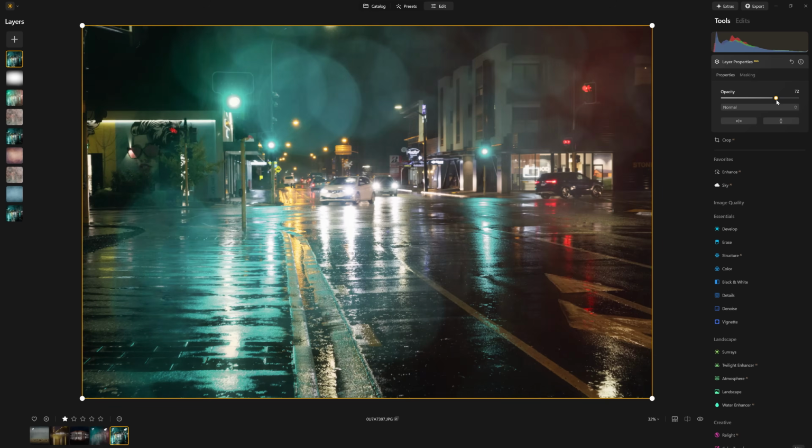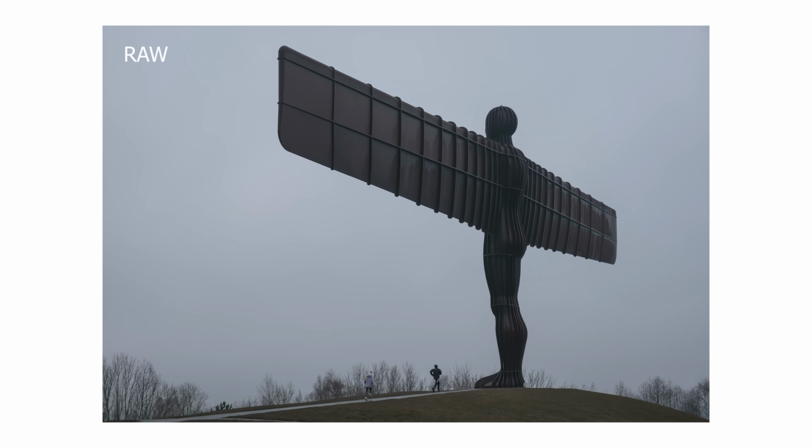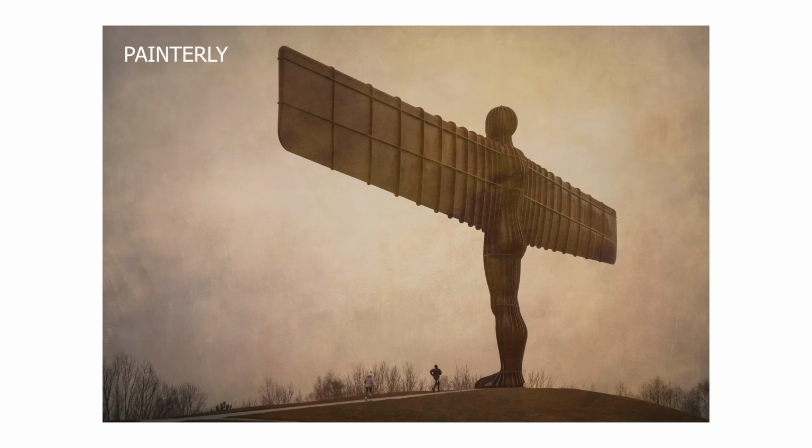In this video, I'm going to explain how layers work in Luminar Neo, and I'm going to do it using a texture pack so we can create a more painterly look to our photos. You can take these techniques I'll share with you here and use that with any of your photos, your own